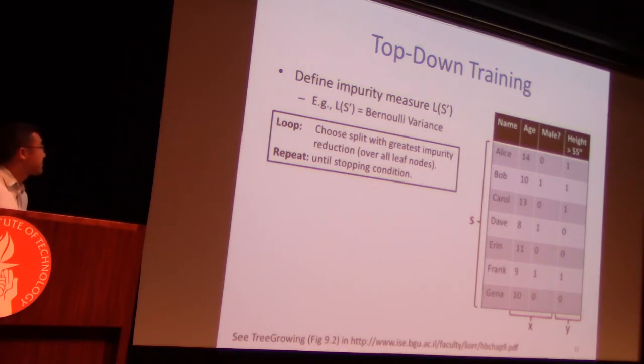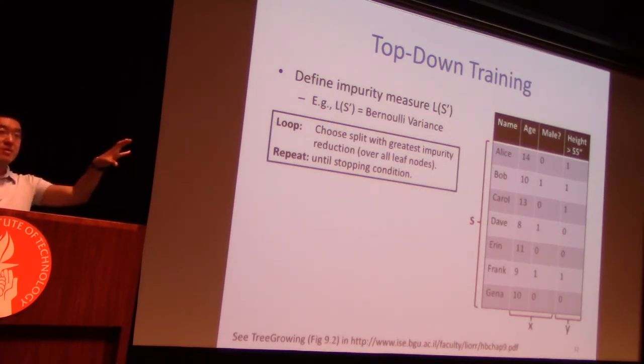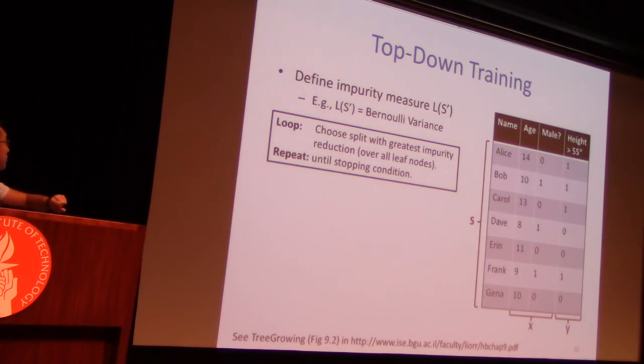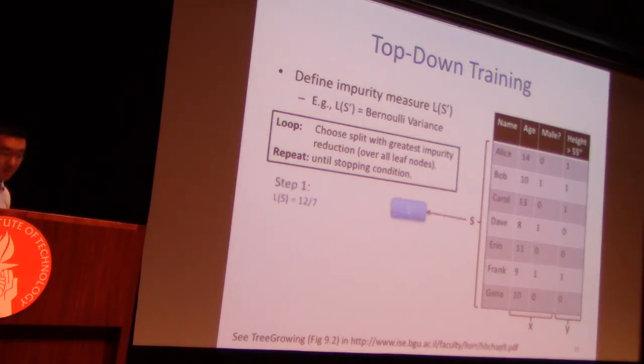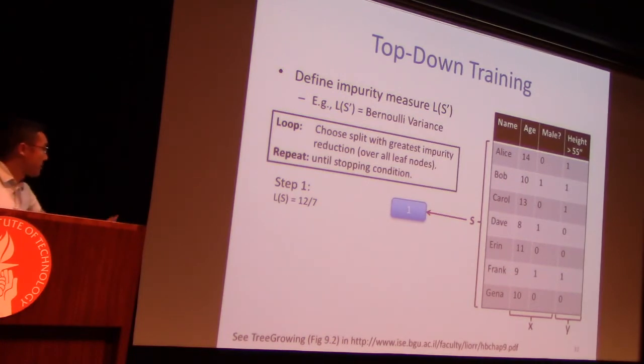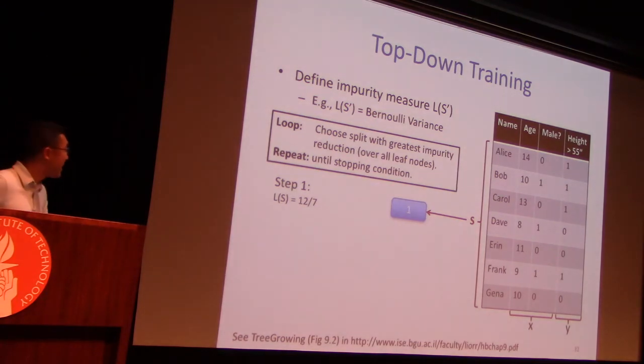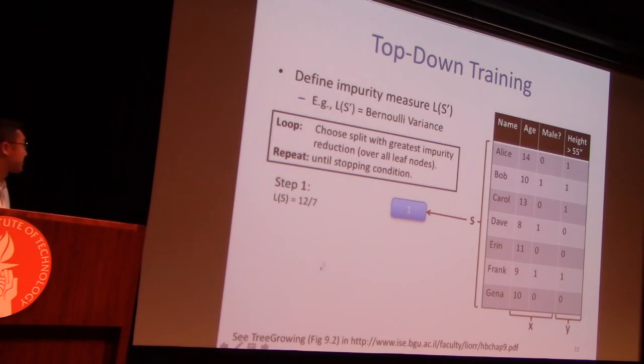And then basically top-down training just says we have our current decision tree, and then we choose the split over all leaf nodes that has the greatest reduction in impurity until some stopping condition, right? So step 1, we start with a single root node that corresponds to the entire training set. We make the prediction of +1 because it's the majority class, and we compute the impurity of this decision tree,